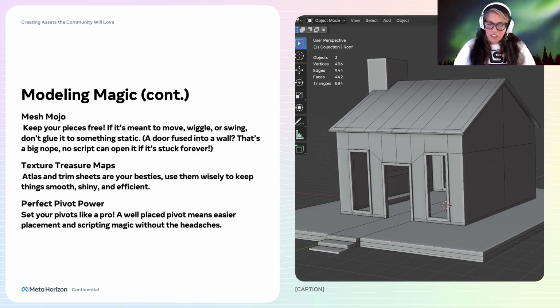Texture treasure maps. Atlas and trim sheets are your besties. Use them wisely to keep things smooth, shiny, and efficient. So really, if you're building a full asset set that you want together on one asset, be sure that when you're building that, make a whole trim sheet so that everything fits on it. That way it's more efficient for future creators and users. It's just ideal,